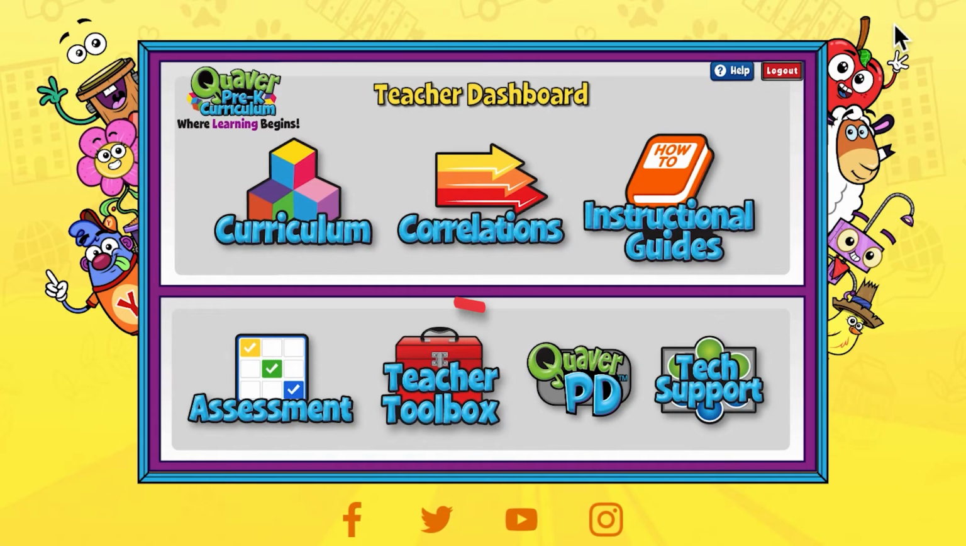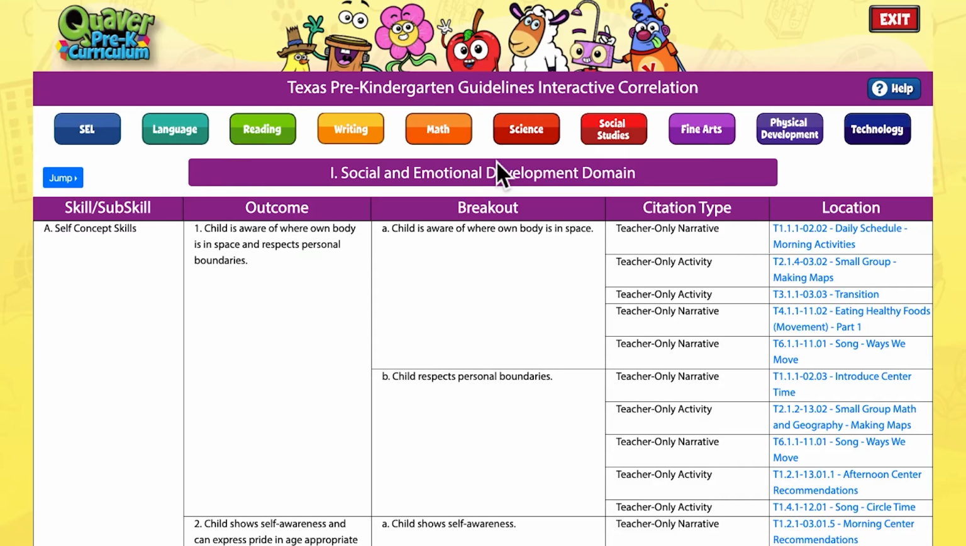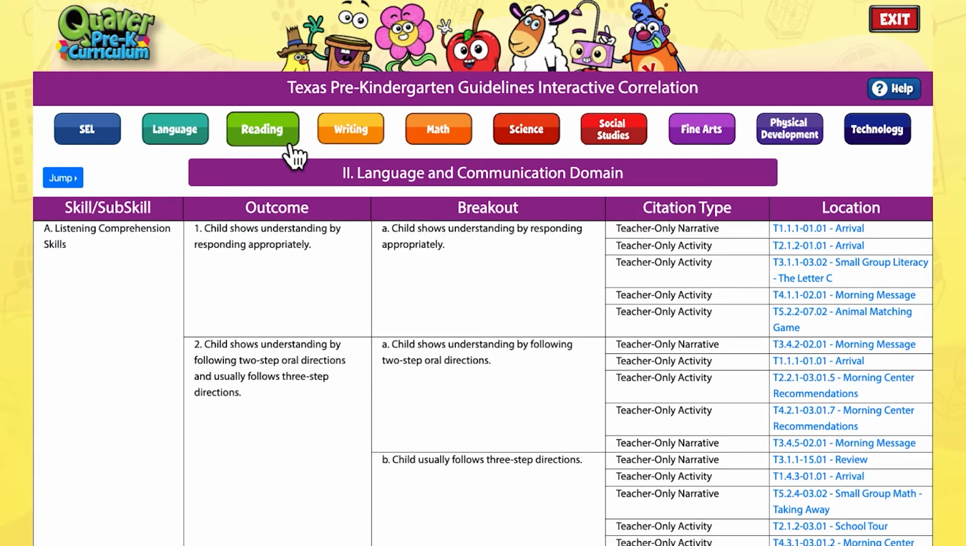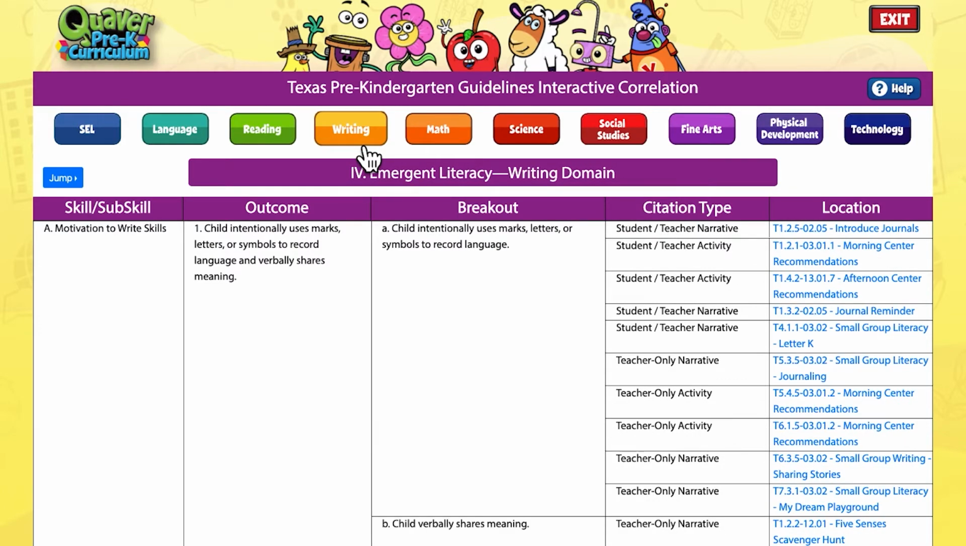Next up, you'll find an interactive correlations tool. Here you can explore any standard domain by selecting it from the top of the page. The page will reload with a complete list of skills, outcomes, and breakouts addressed in that domain. Scrolling down, you'll find locations throughout the curriculum where each breakout is addressed. Use the Help icon at the top of the page to pull up a key to easily read these location